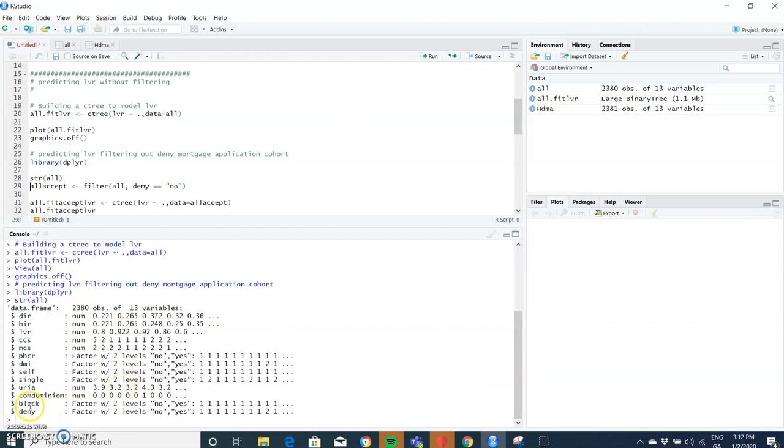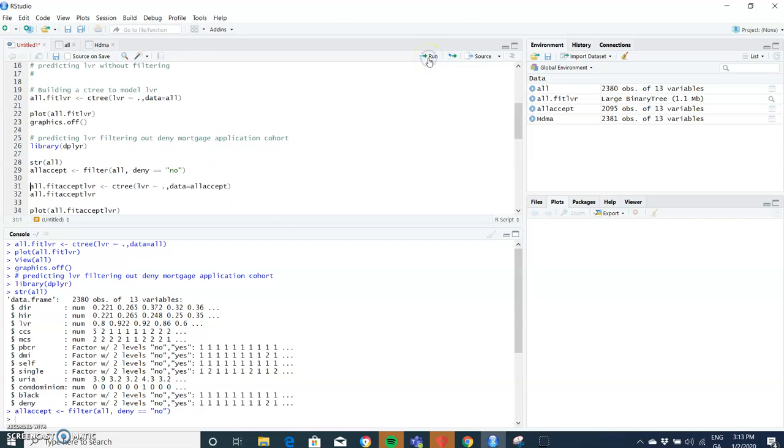But you can see here that we have the different categories. With the loan to value, we have black and deny. We're not going to use deny here, and we want to take this out of the data set. So for instance, we will filter out deny where it is yes. If we take the entire data set, there were originally 2,380. If we run this again, we now have all accept, those people whose mortgages were accepted,